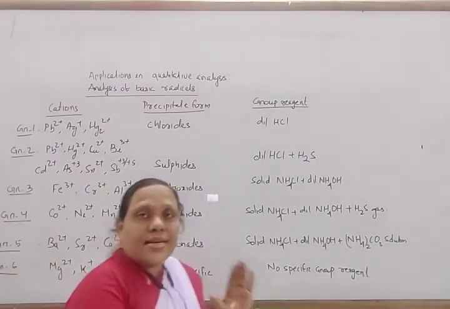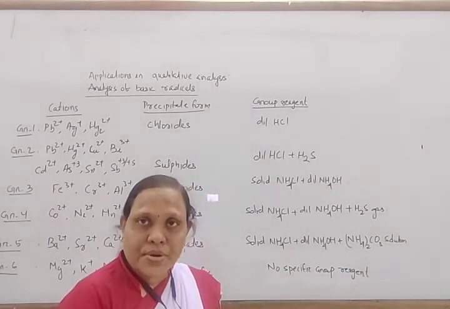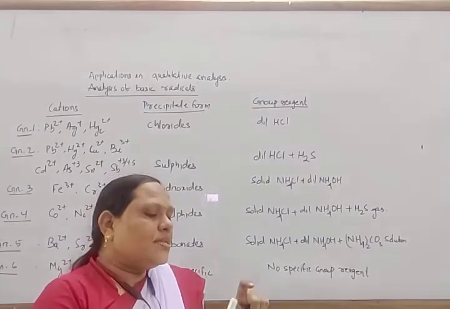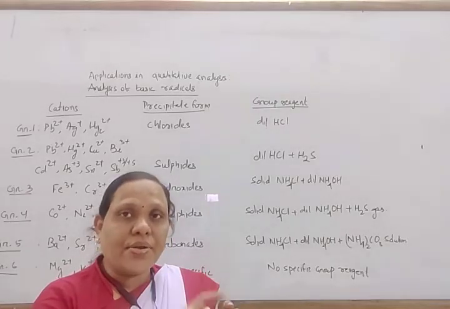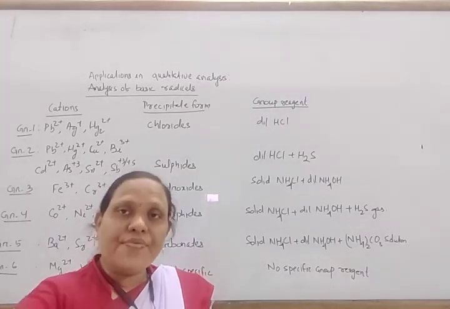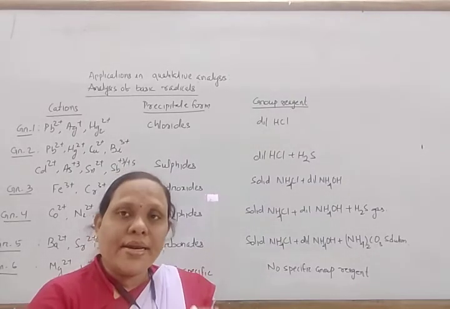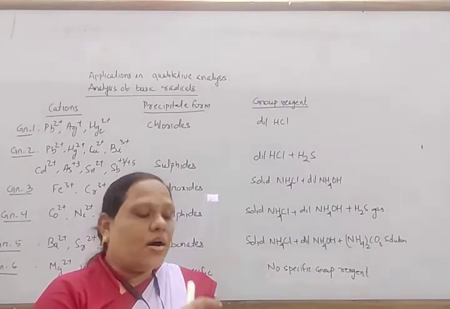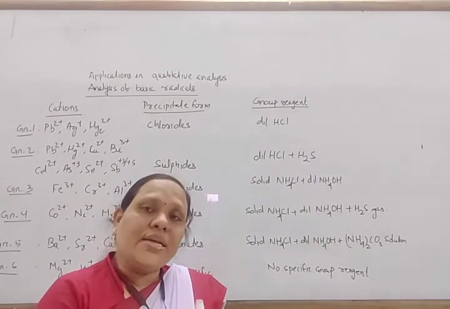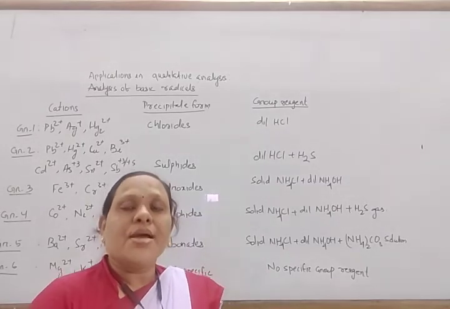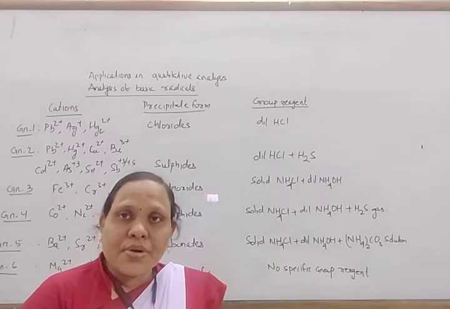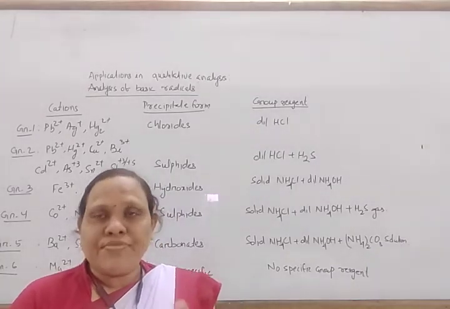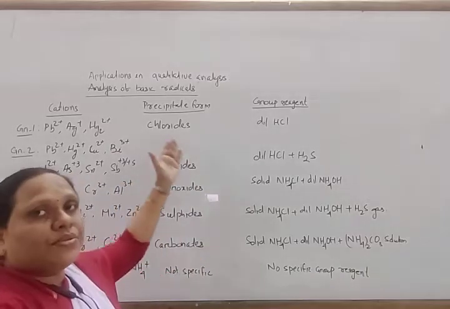In this way, all these are arranged according to their solubility product, so that when we add some specific reagent, if the ionic product exceeds the solubility product, then a precipitate will be formed. If the solubility product is higher, then the ionic product will not exceed it, and in this way no precipitate occurs. So these are arranged according to this.